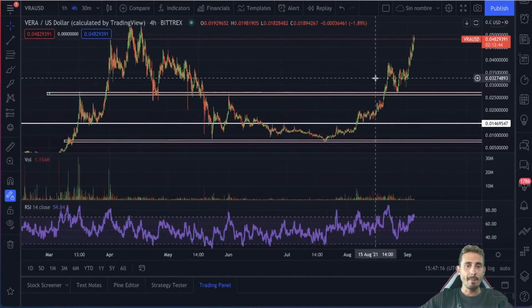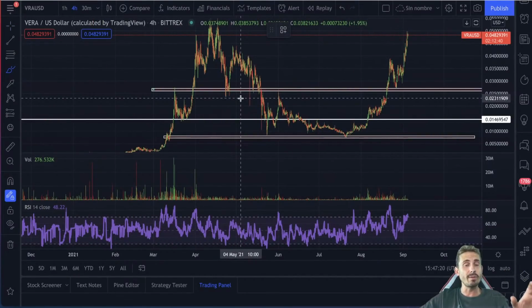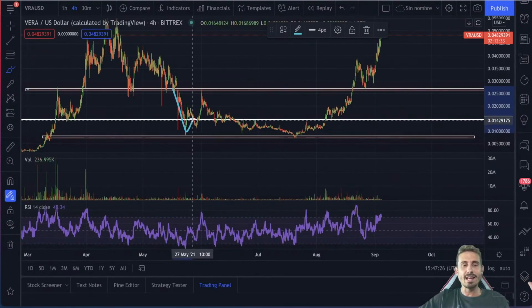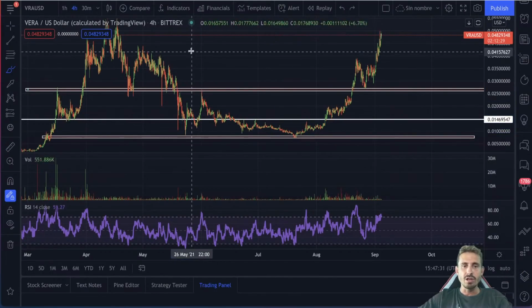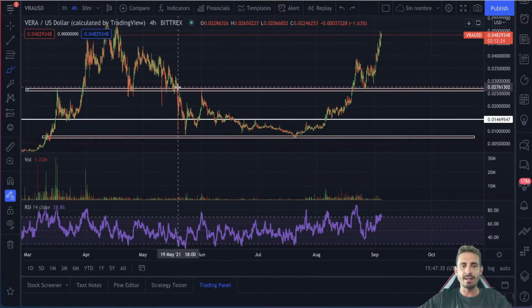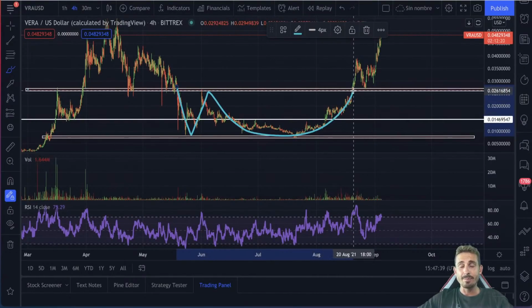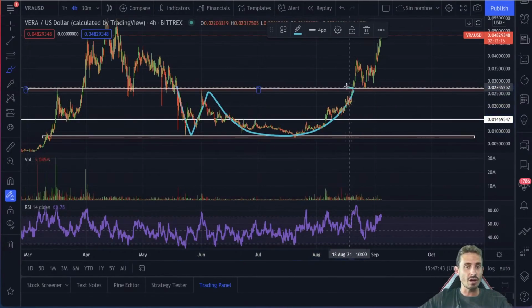Yeah, guys, basically, Veracity, this is what we had. This is why for a lot of the cryptocurrencies, guys, I'm saying there are double bottom scenarios playing out. They are massive double bottoms. They are Adam and Eves. Check out the Adam and Eve pattern on Google or whatever you want. You will see a spike and then a round bottom like this and then breaking out. And this is what we've got right over here. We have a spike there. We have a round bottom right over there. It is playing out for a lot of the cryptocurrencies, guys, and a lot of them are just breaking out